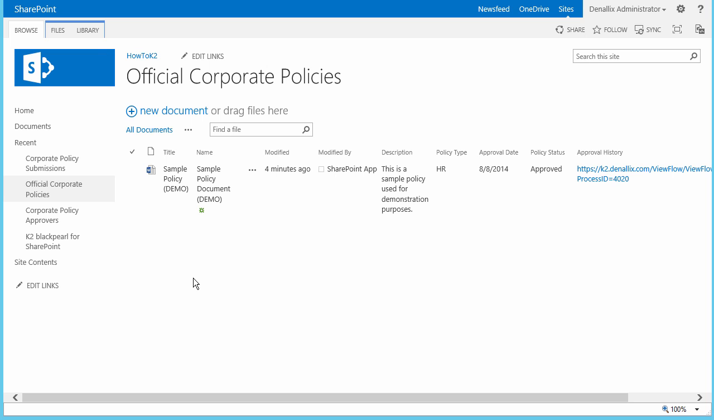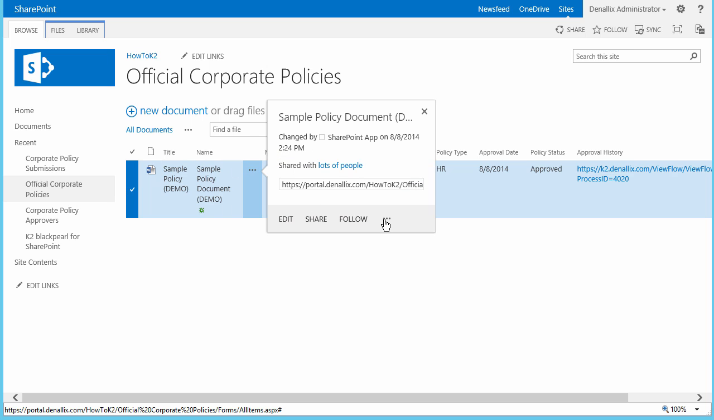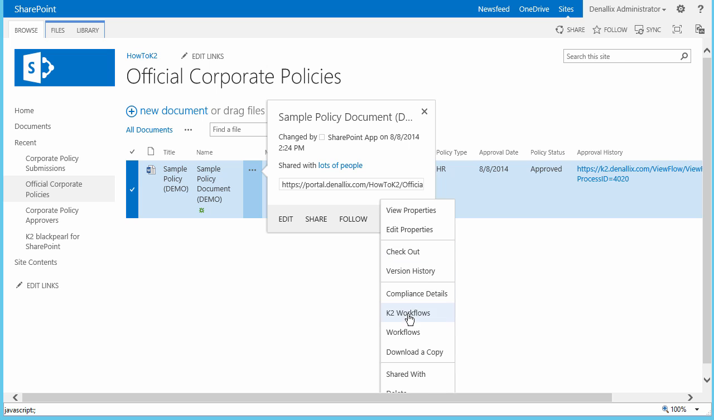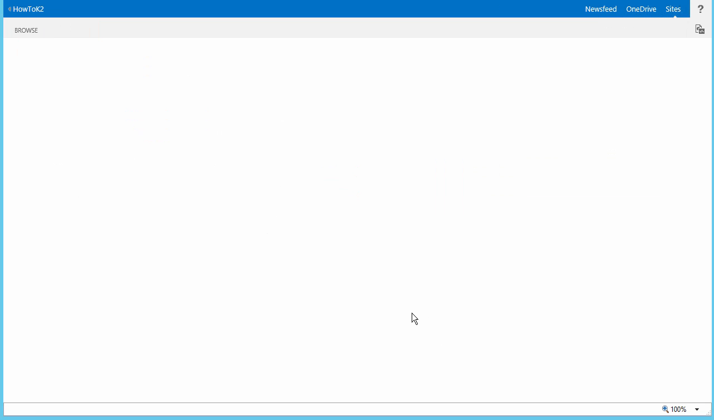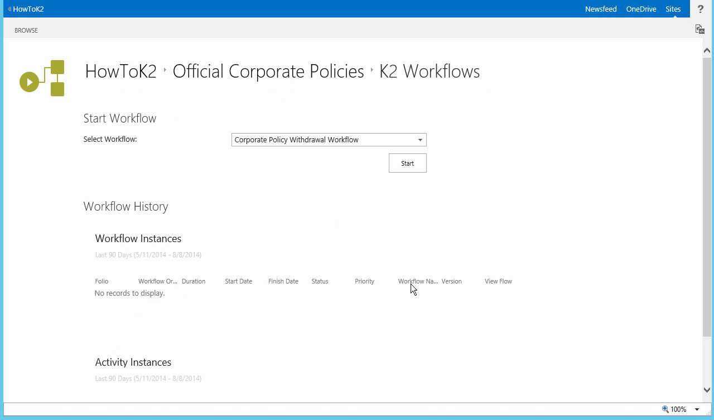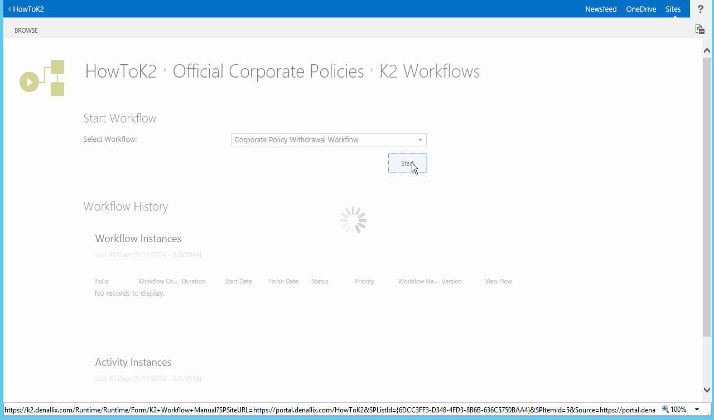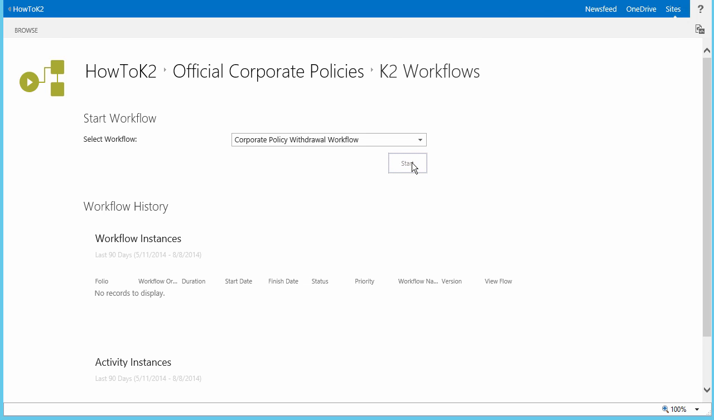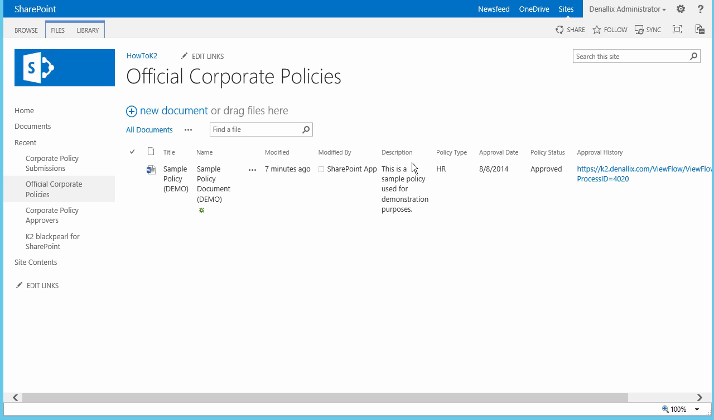Starting inside the official corporate policies library, let's open the context menu for the policy that was just approved, then select K2 Workflows to open up the K2 Workflow related window for this specific document. Let's go ahead and start the corporate policy withdrawal workflow at this point. When a withdrawal request comes in, it will actually be sent back to the approver we assigned to the policy type of the document. In the case of this document, the approver for the HR policy type is Cody, so